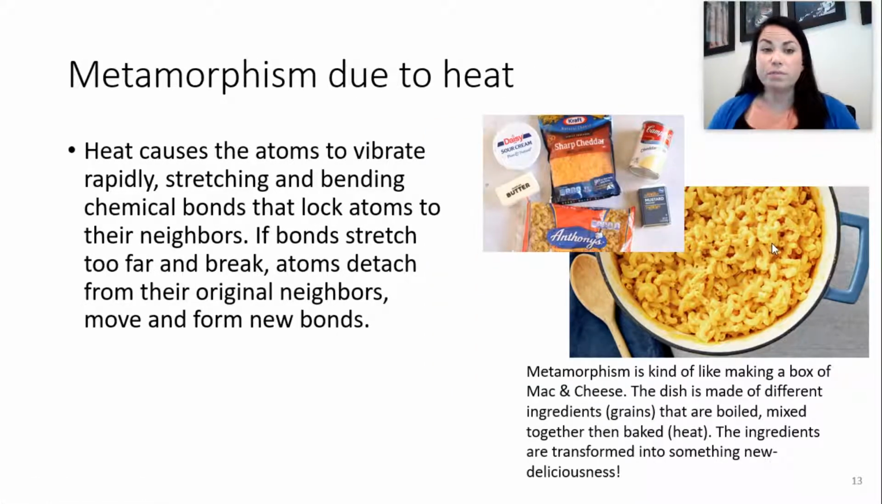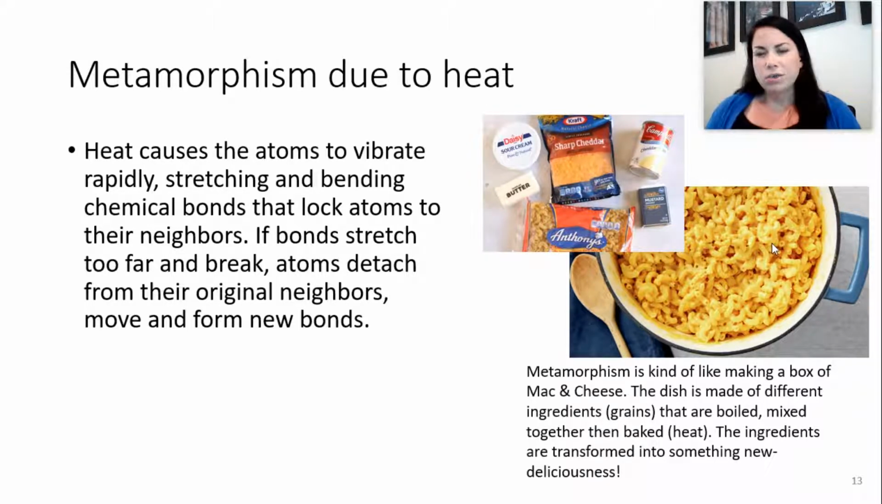So we get metamorphism due to heat. Heat causes the atoms to vibrate rapidly, they stretch and bend, and as they cool, it locks the atoms into a different orientation. And if the bonds stretch too far and break, these atoms can detach from their original neighbors and they form new